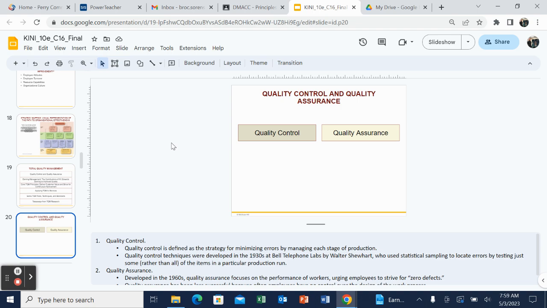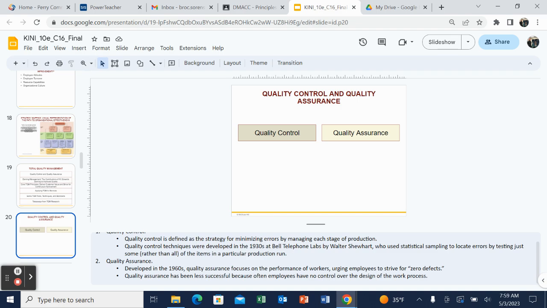So with quality control, you're taking a look at smaller sample sizes to see what issues may come up with an organization. Understanding though when you're doing quality control, that if you're only sampling a small portion, there may be other issues out there in terms of the other products that you maybe aren't sampling. So quality control, while you're trying to produce an overwhelming majority of quality products, you may understand you don't have quality assurance, which was developed in the 1960s.